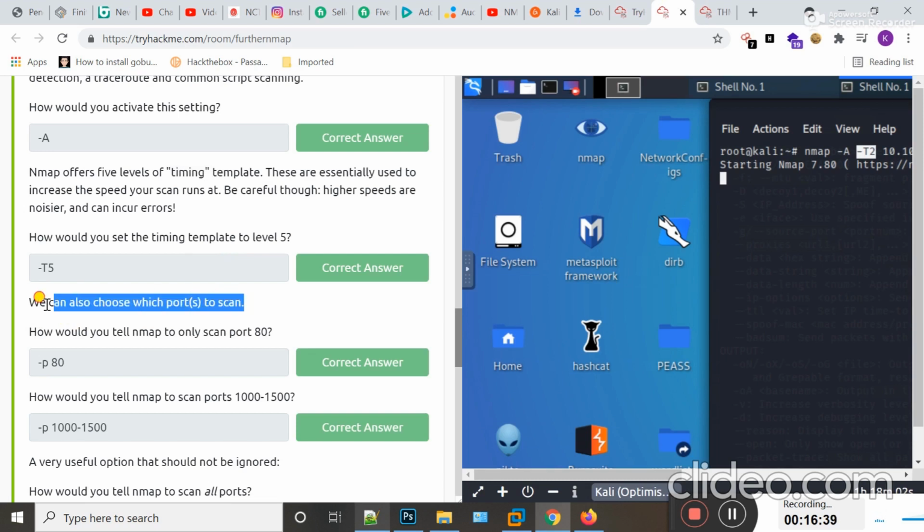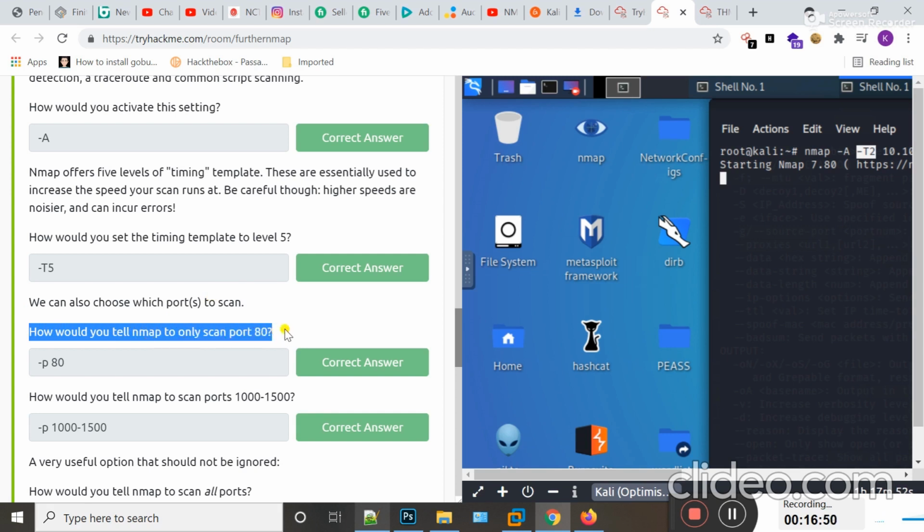Now I'm going to show how you can use Nmap to scan ports. How would you tell Nmap to only scan port 80? The question is how you can perform a scan of only port 80.